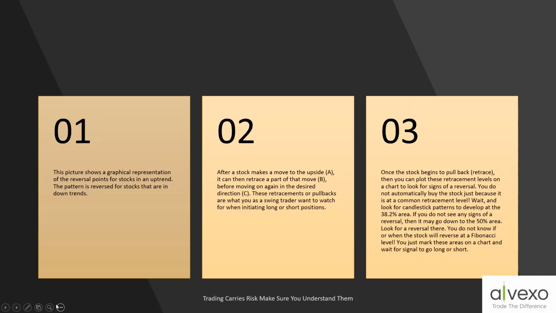So once the asset begins to pull back or retrace, then you can plot these retracement levels on a chart to look for signs of a reversal. You do not automatically buy the stock just because it's at a common retracement level. Wait and look for candlestick patterns to develop at the 38.2. If you don't see any sign of reversal, then it may go back down to the 50% level. Look for a reversal there. If you do not see it, or when the stock reverses at a Fibonacci level, you just mark the